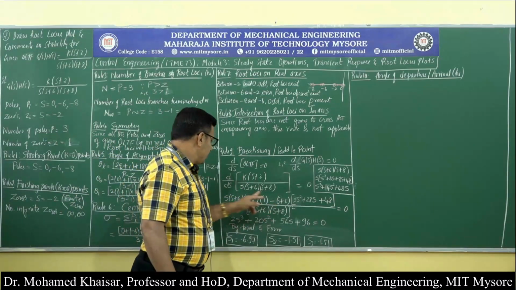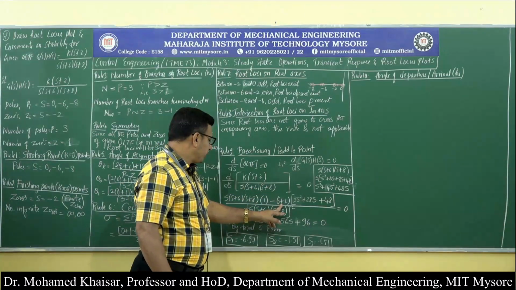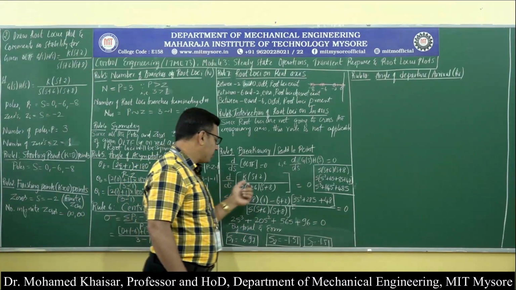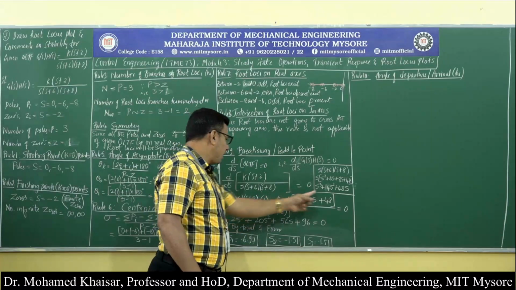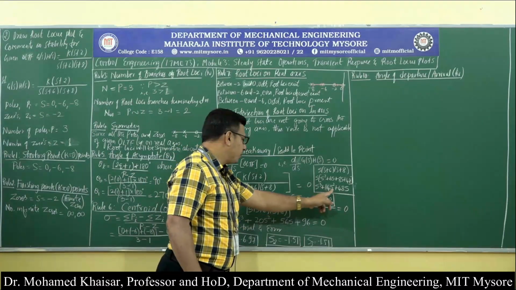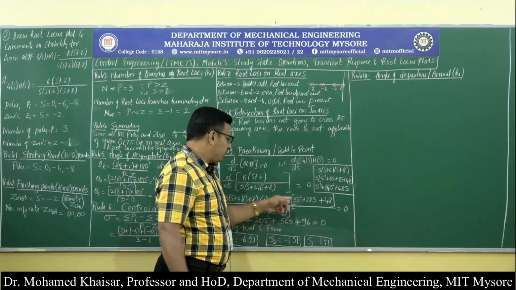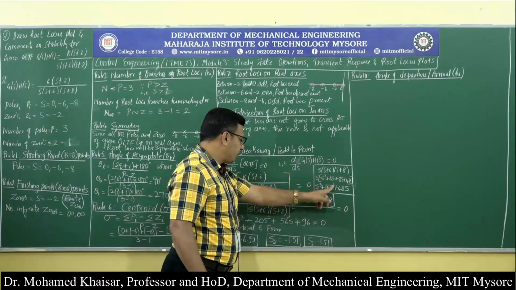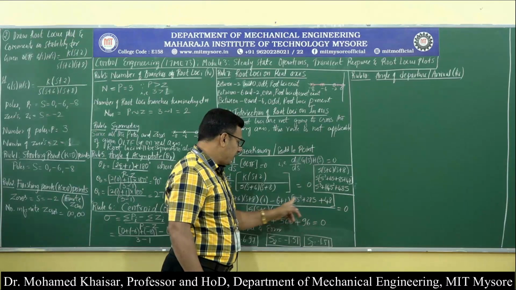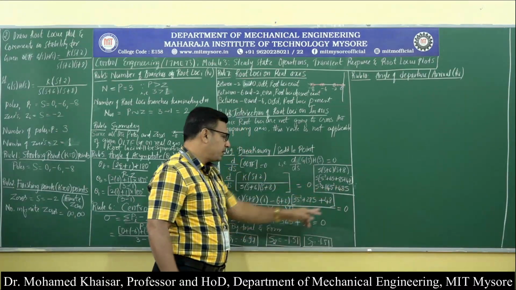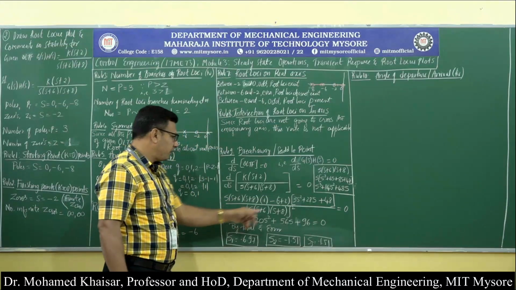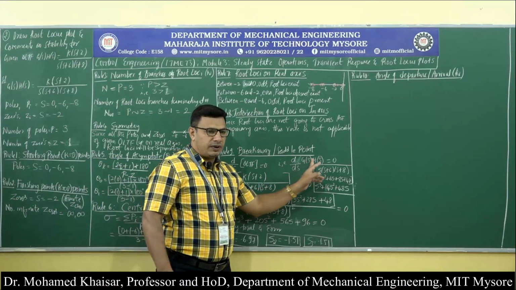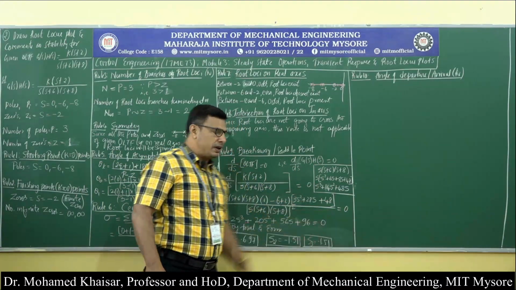So then s plus 2 for this one, k into s plus 2, if you just take it over here, because it is a constant, it is not that crucial there. So s plus 2 into, I have taken the differentiation d by ds of s cube plus 14s square plus 48s. If we just see d by ds of s cube, it will be 3s square, plus d by ds of 14s square, it will be 28s, and d by ds of 48s will be only 48. Divided by the denominator squared, equal to d by ds of GSHS equal to 0, so that equal to 0 we will retain.